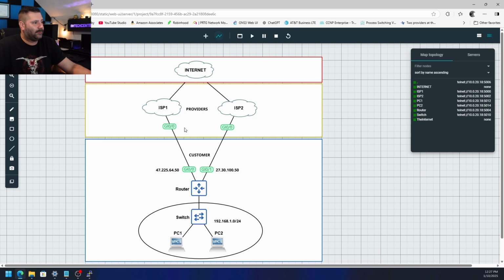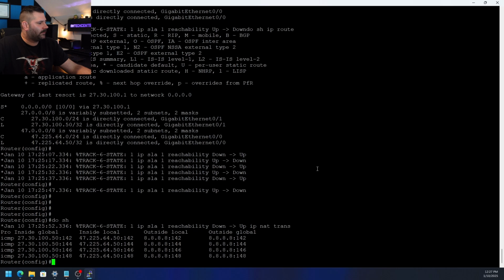And then the same thing happens over and over again. Back out to ISP2, and then comes back up, and then flaps back over to ISP1, goes down, back over to ISP2, comes back up, back over to ISP1, over and over again. So that brings us to scenario 2. Let's go ahead and